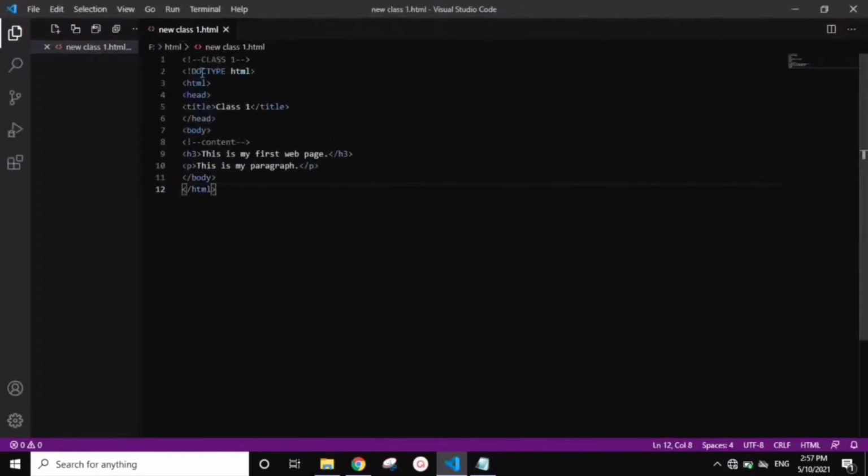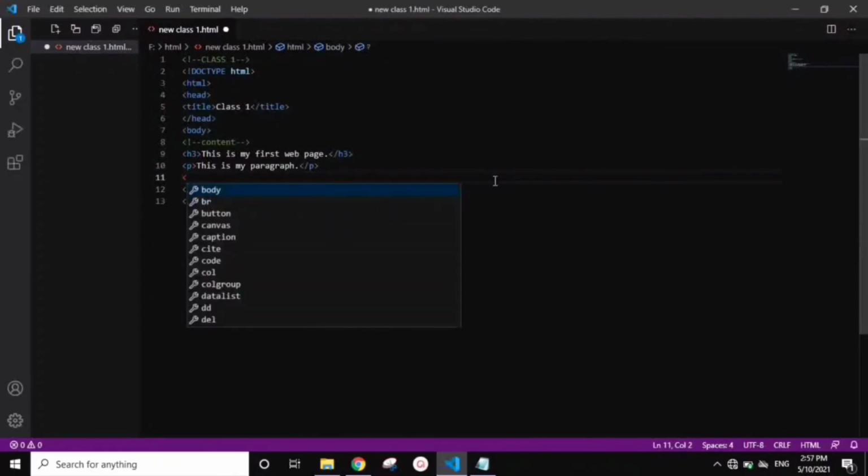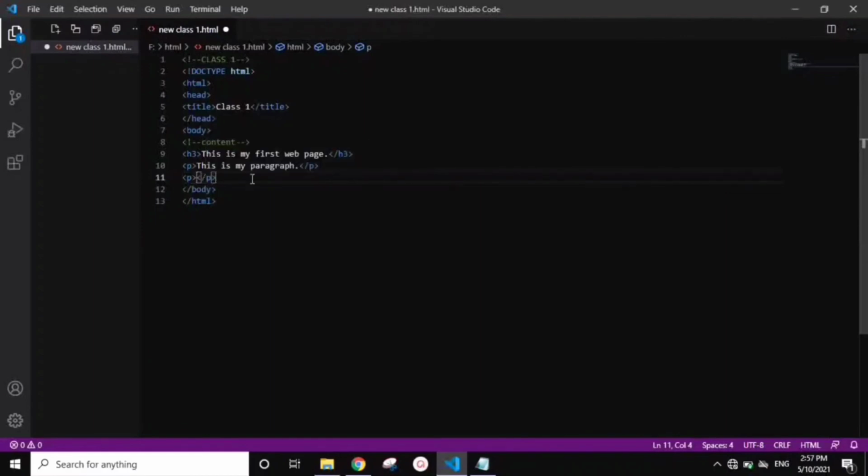Once saved, you can see the color has changed. For example, if I want to create another P tag, you can see here the automatic opening and closing has appeared. This is one more plus point of Visual Studio Code, as it makes our work easier. You can work anywhere, it's all your choice.